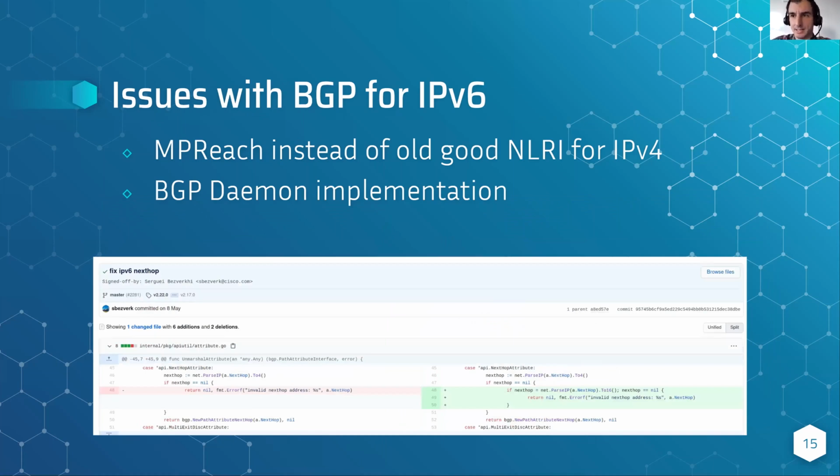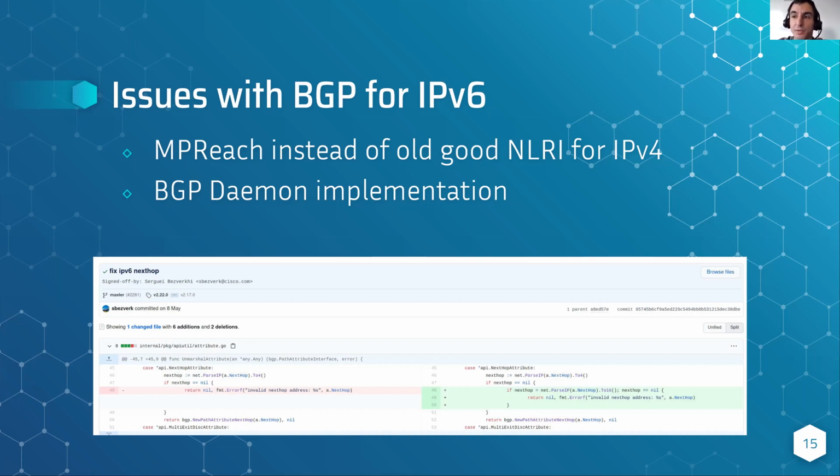Next thing: will you experience any kind of issues with IPv6 in the BGP protocol? It depends on your position. If you are just an operational engineer, you just enable it and it works. But under the hood, it's quite tricky.